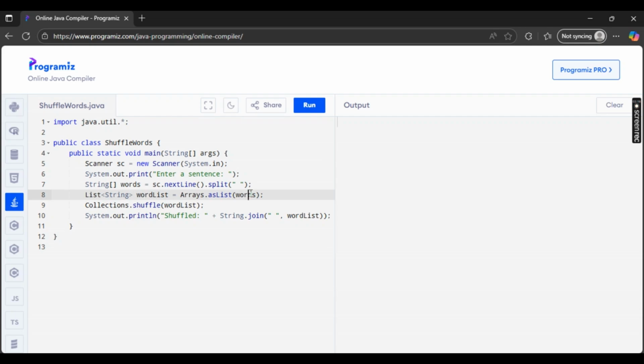Wanna know how to shuffle words in a sentence in Java? Well, no worries. In this video, I'm going to show you an easy step-by-step guide on how you can do it. So first things first, simply open up your Java compiler or application, and we first take input and split